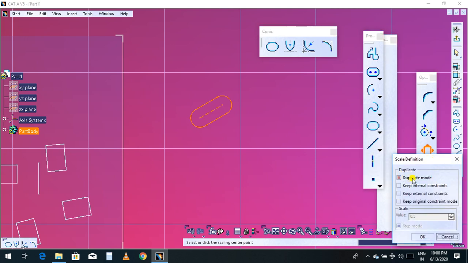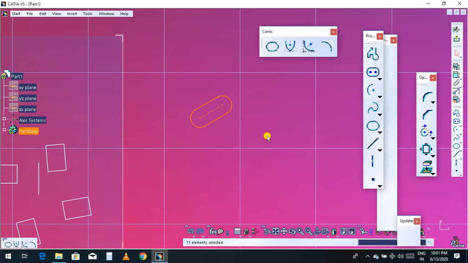Now this is the duplicate mode. Duplicate mode means the original part will be kept as it is. It is better to select first, or else you can also select after selecting this command, no problem.